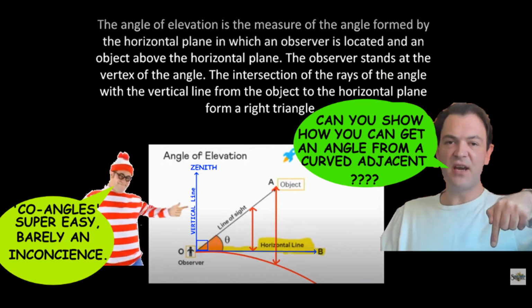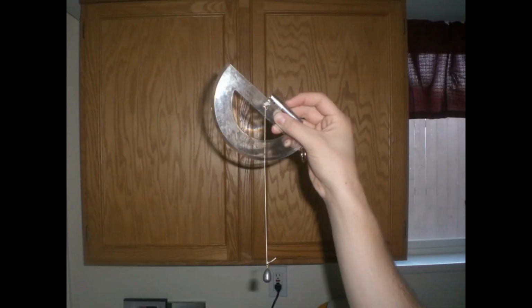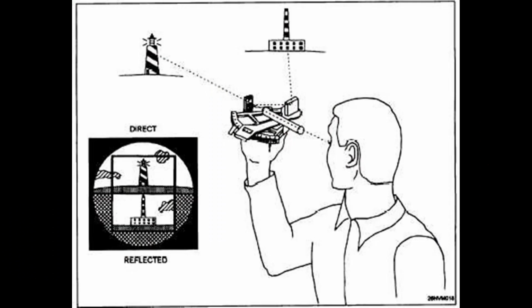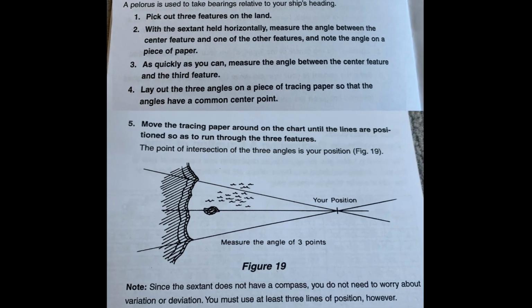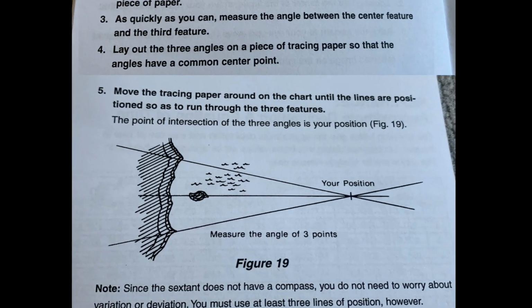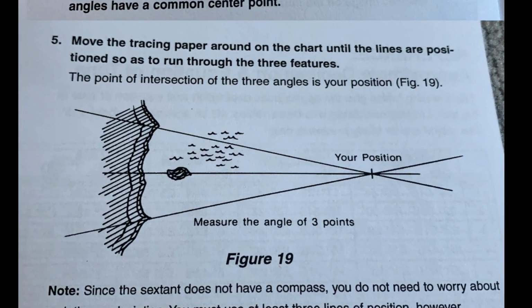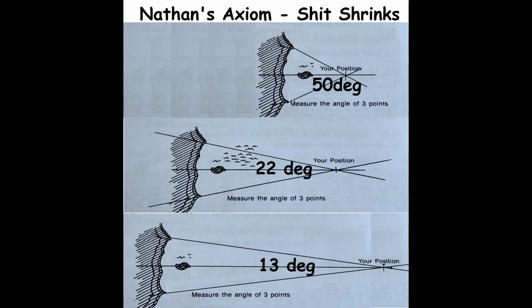We are not measuring from a curved baseline, nor are we measuring from a flat baseline. When you use a sextant, you measure angular separation between 2 points. So there's only 3 points involved, no baseline of any sort, shape, colour required at all. Now this is why you can use the sextant on its side to measure the angular separation between, let's say, a lighthouse and the headland, for example. If you know the distance between those two by, look at a map, you can then work out how far you are from them by the size of the angle between them.